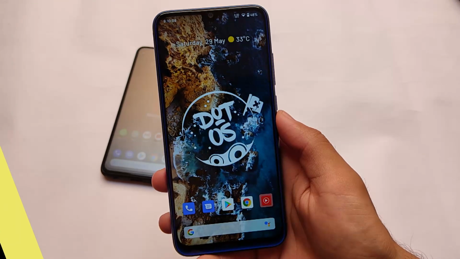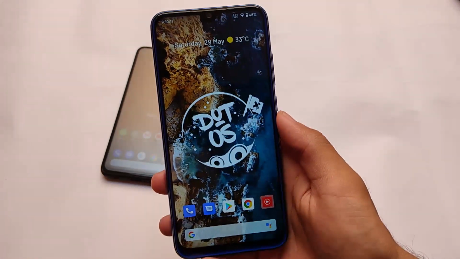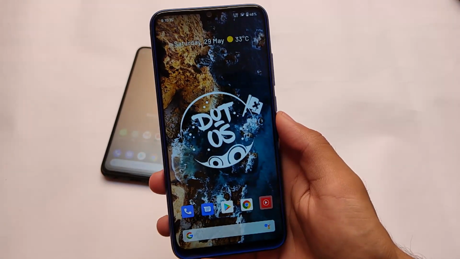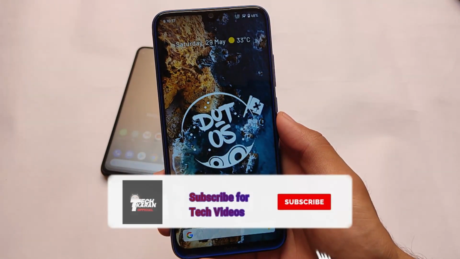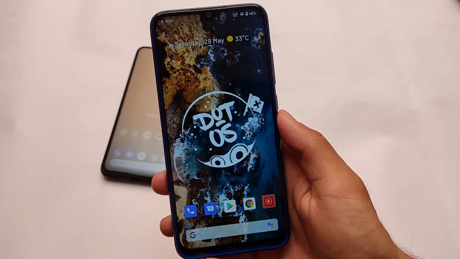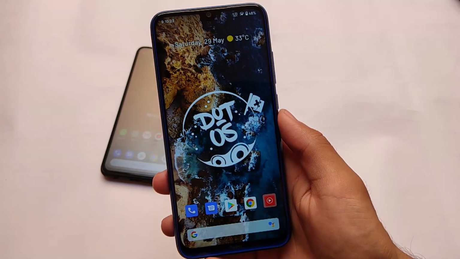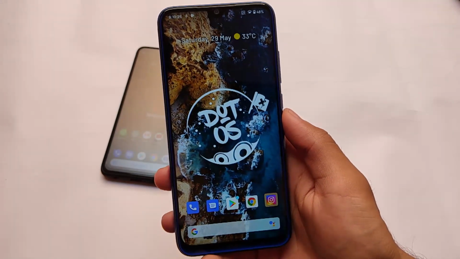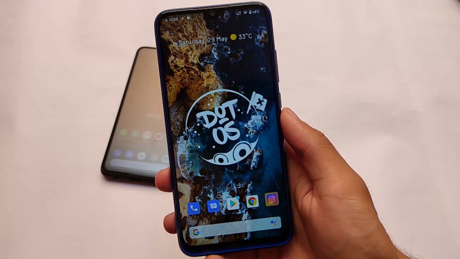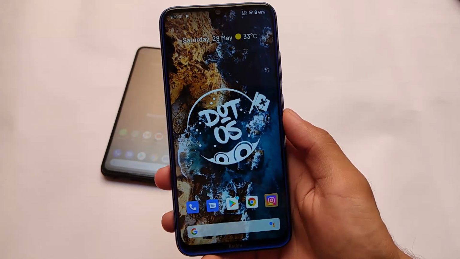Okay, .os 5.1, which is one of the great custom ROMs out there with the latest release where we have Android 12 features for you, some new cool interesting wallpapers, always on display and a lot more things. I've installed it on my Redmi Note 8. You can install it on some devices also, but I will share with you the review of Redmi Note 8, the bugs which I got and everything in this video we're going to talk about. Stay tuned and make sure to watch this video till the end.